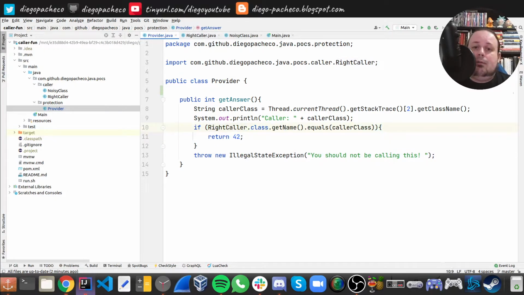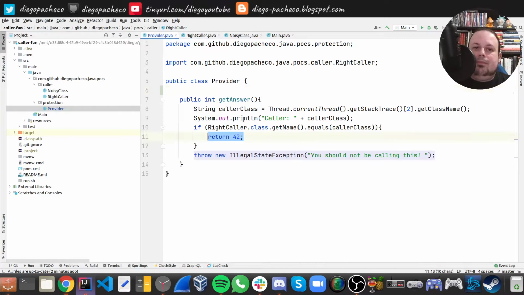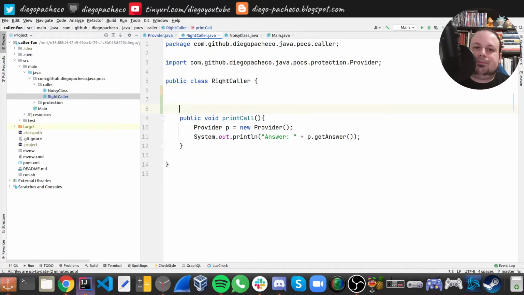Secondly, for this code, because I just have this one, if I had a big list, like let's say 3, 4, 5, 6 classes, it would be a different deal. But because there's just one here, you might be wondering that, well, the provider and the caller are the only ones who need this. So I might move this code to the caller. This 42, I might just move it from here. I might just take the get answer here and go to the right caller,